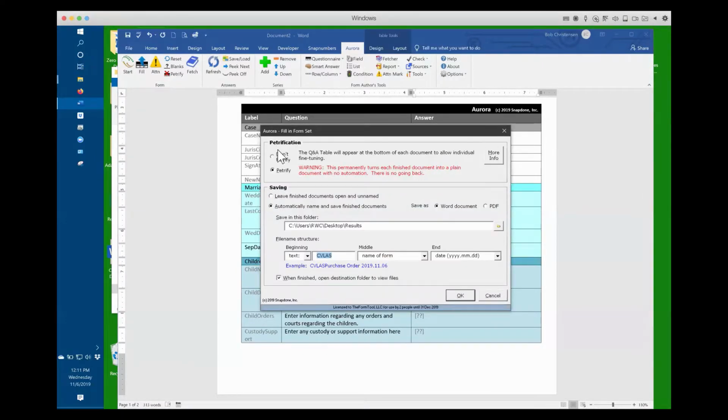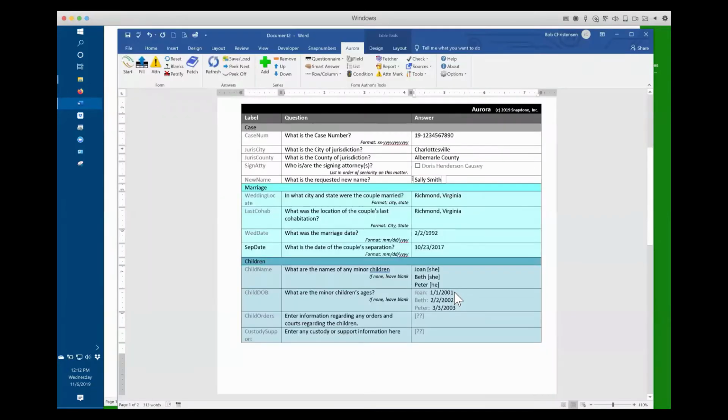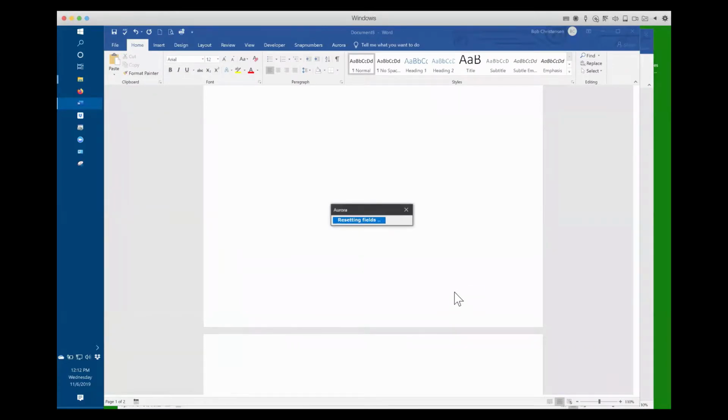The program will ask us how we'd like to store this. We'll store it in a completely finished Word document with all the metadata scrubbed out of it, so it's ready to go out of the office to the court, or to opposing counsel, to the client. And now the program will take several seconds, but only seconds, to build each of the 5 documents that we